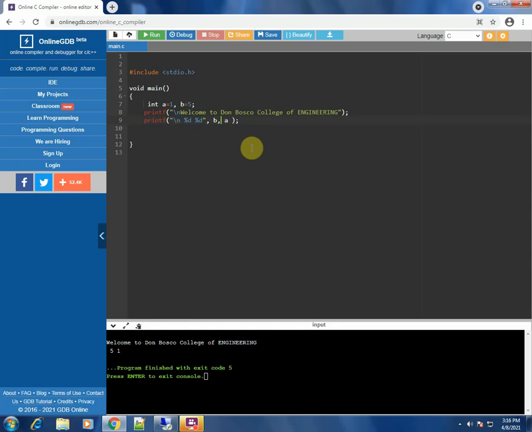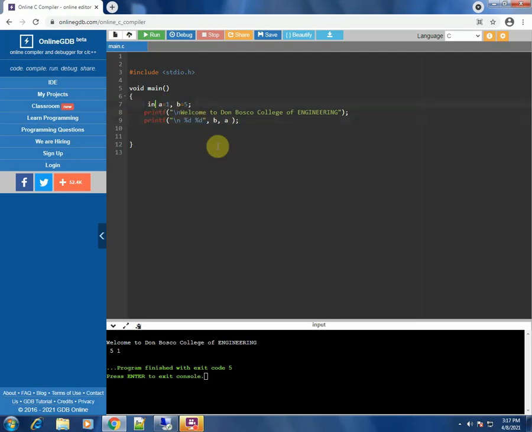a comma. So separating of variables with a comma is also a must, and the line should end with a semicolon. That goes for every statement. It should end with a semicolon. So this is how you can print the values of some integers. In this case it is A and B, or I mean not really integers but they are variables in this case. Okay, now what if we want to make these numbers of the type float?